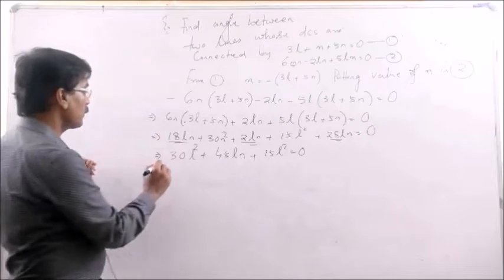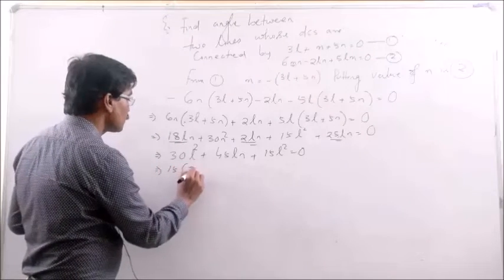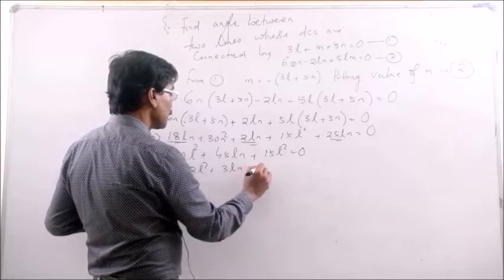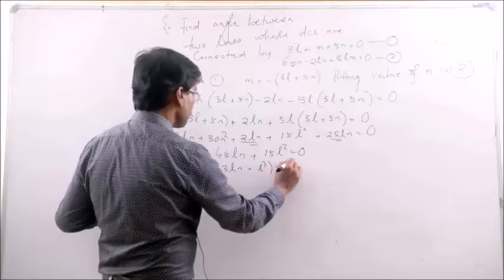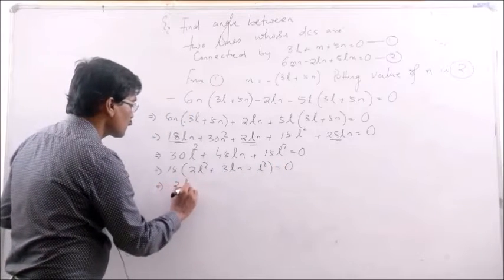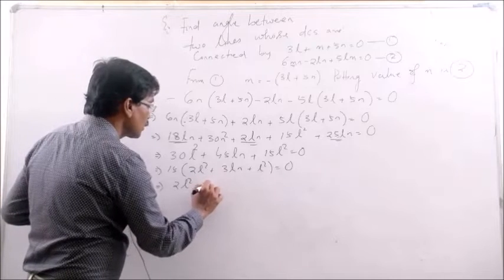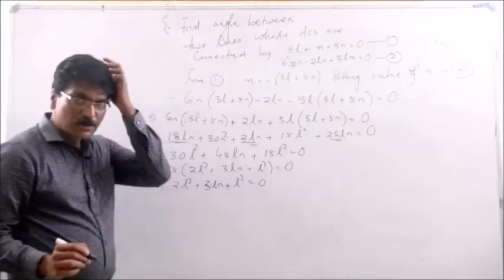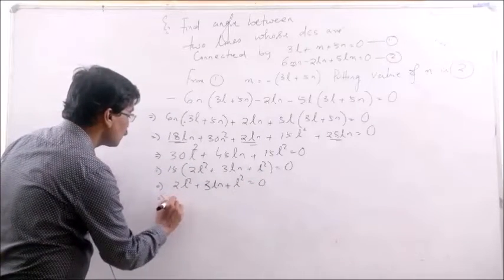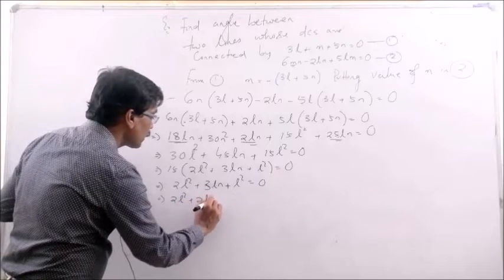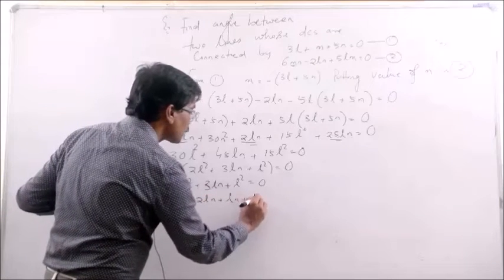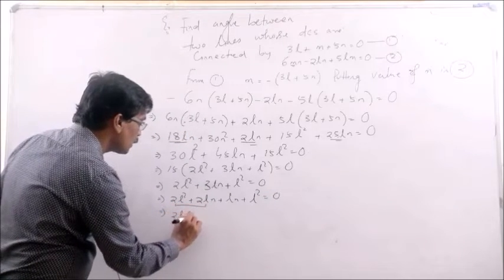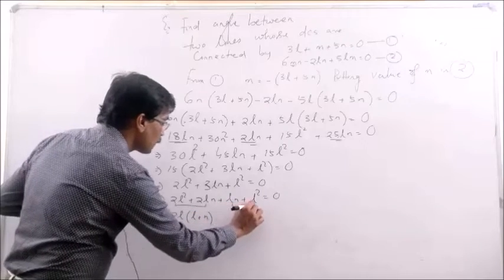Now, taking 15 common, which is 2n square plus 3ln plus l square is equal to 0. Now you can factorize this term, that is 2n square plus 2ln plus ln plus l square is equal to 0. Now 2n taking common, that is 2n into (n plus l) plus l